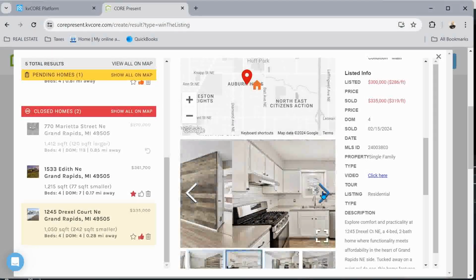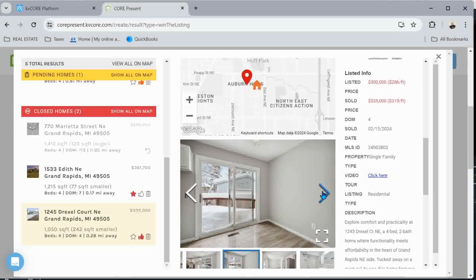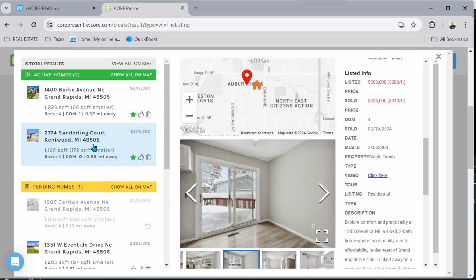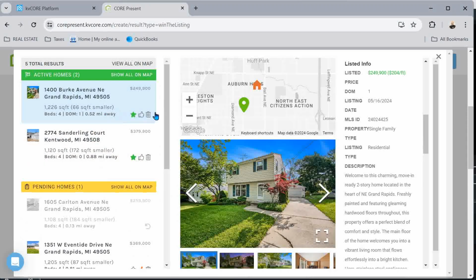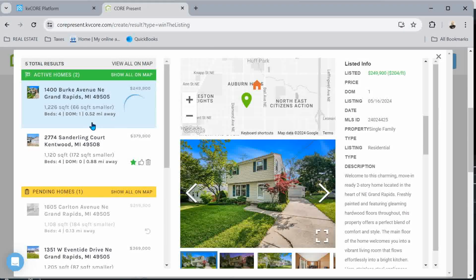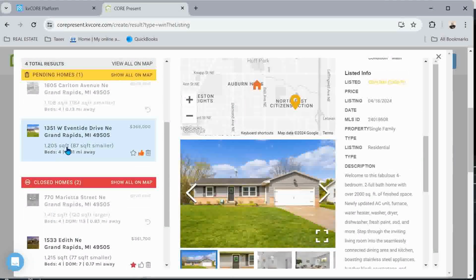Pretty decent updates in there. So now we have at least a couple of comparisons. I like the Sanderling Coit because it's newer. The Burke, I'm going to get rid of that. It's really not a good comp for us. I think we'll leave the Eventide in there,